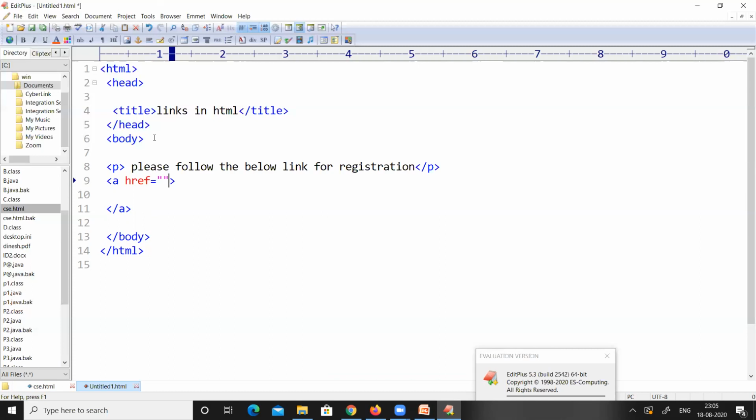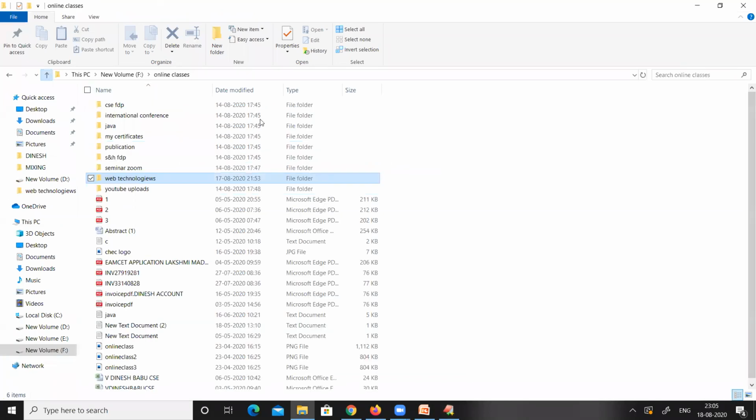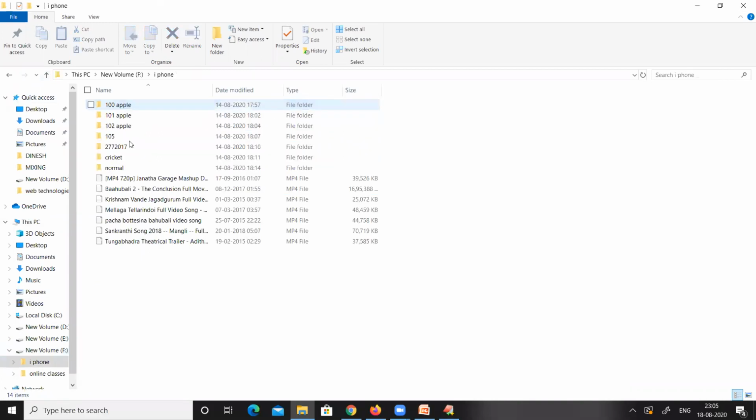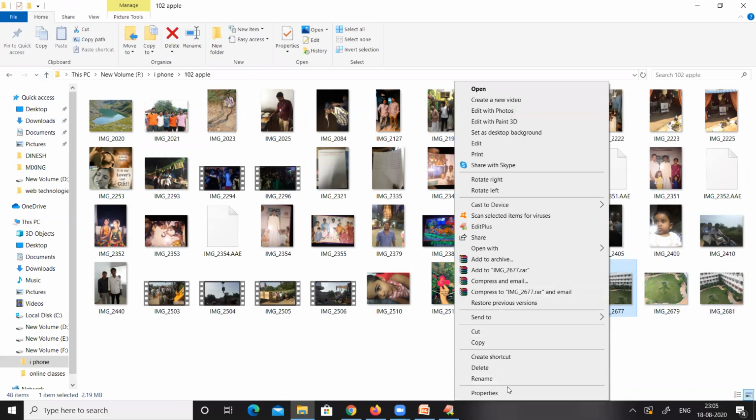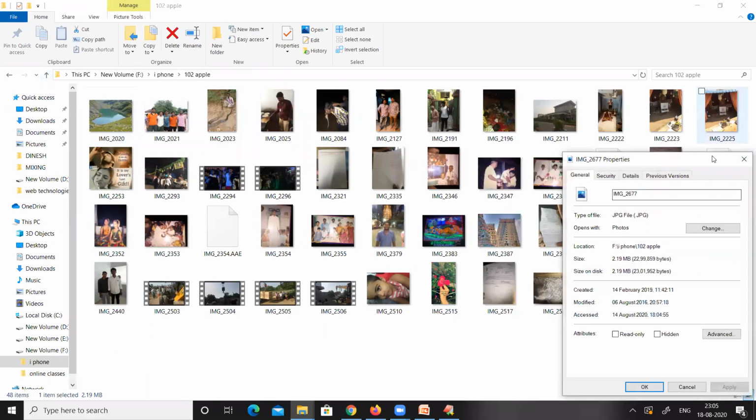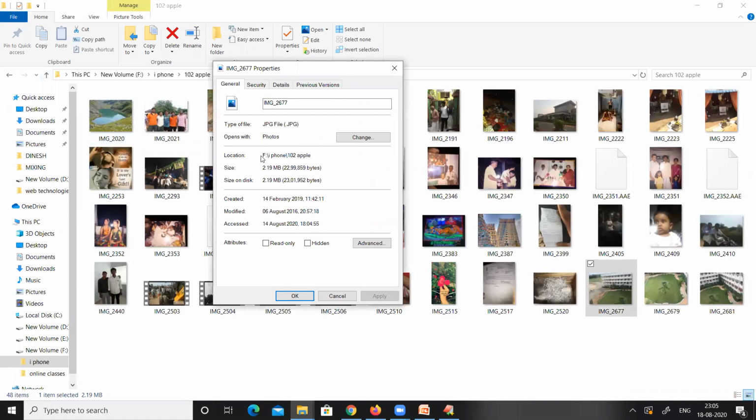So let us assume that we want to open an image. The image we want to open when we click on that link is, let us take any one of the images. So let us consider this image and go to the properties. The properties show that this particular image is located at F drive, and inside F drive there is a folder called iPhone, and inside iPhone there is a folder called 102 Apple.